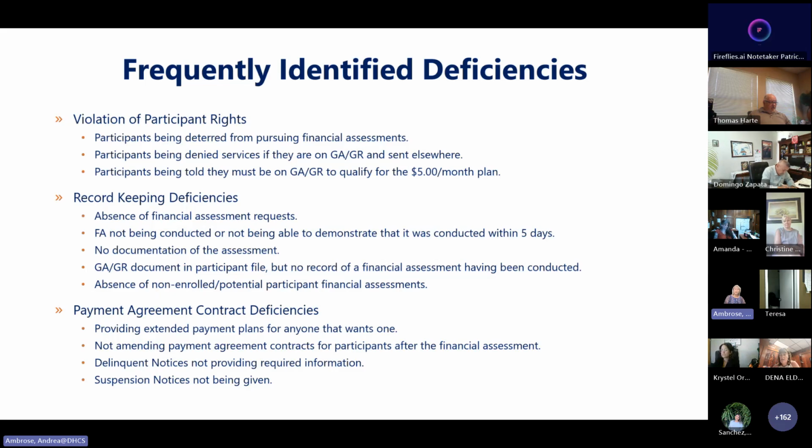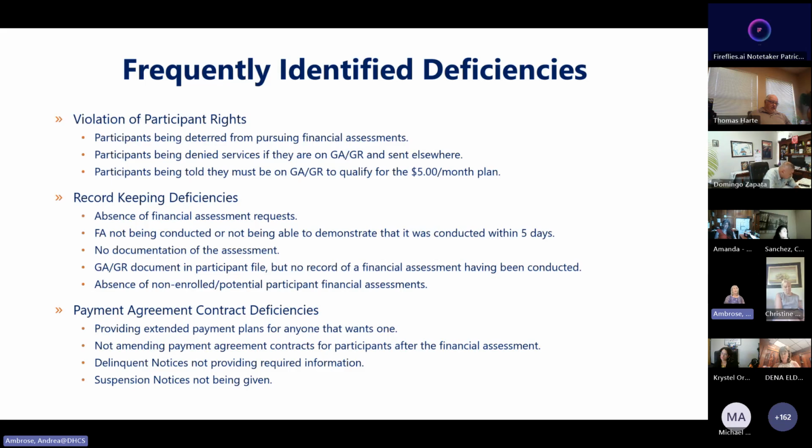So again, really critical, you have to amend those contracts to show whatever their fee is going to be. We see where delinquent notices aren't providing the required information about financial assessments. And we see where participants are being suspended, but are not being given notice of the suspension according to the regulation.